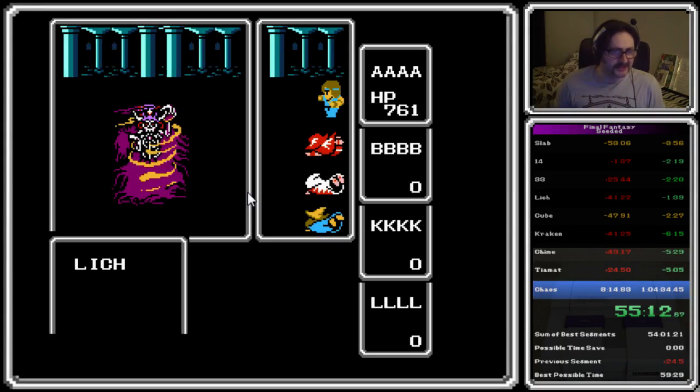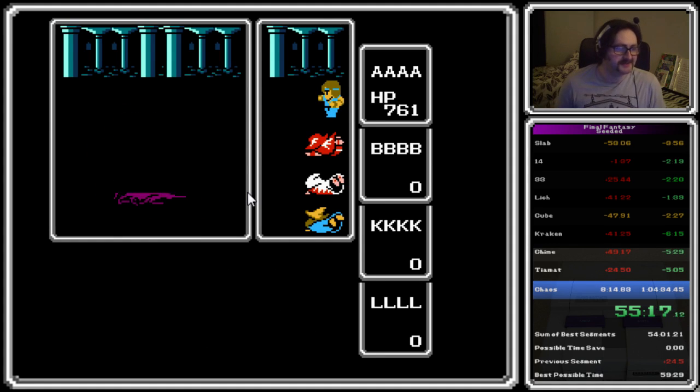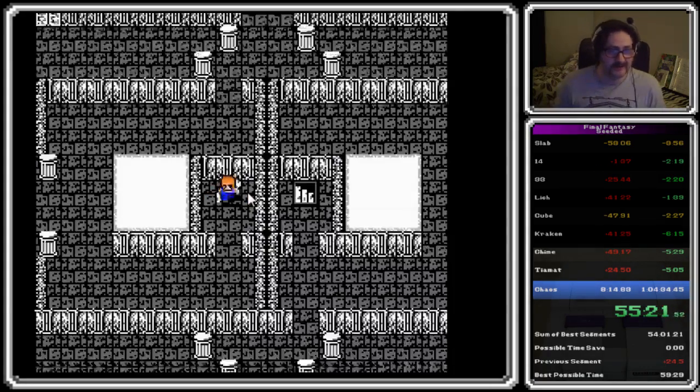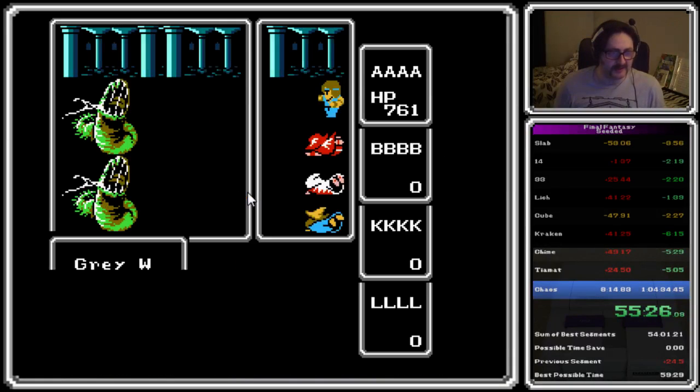Not even concerned about Lich. He's a non-issue, and he's dead. That was hard. 10 hits, and an 84% chance for it to be double damage due to crit. And then off of carry, I'll probably grab another level up, which gets me to...